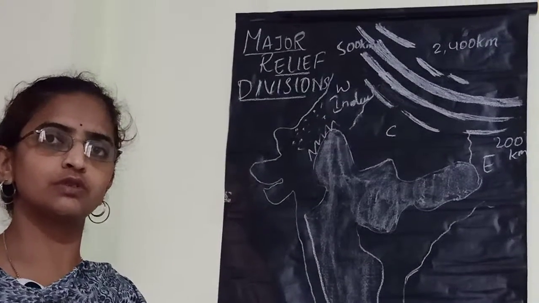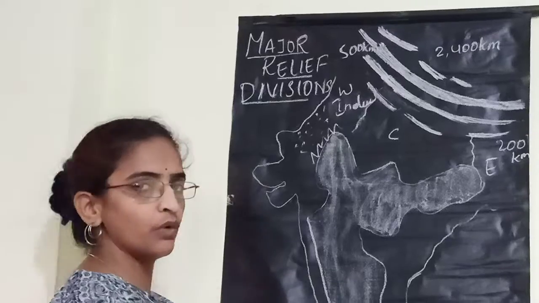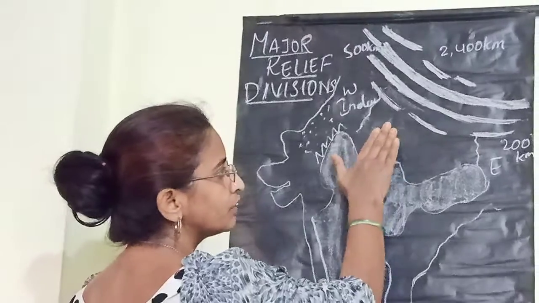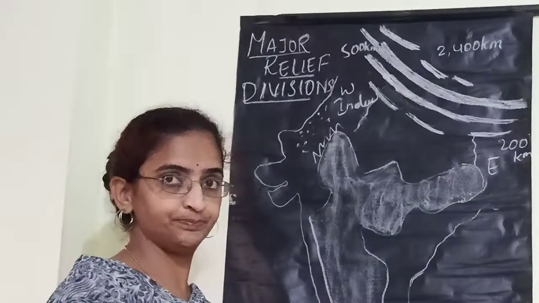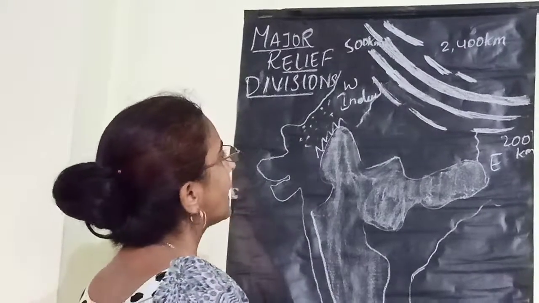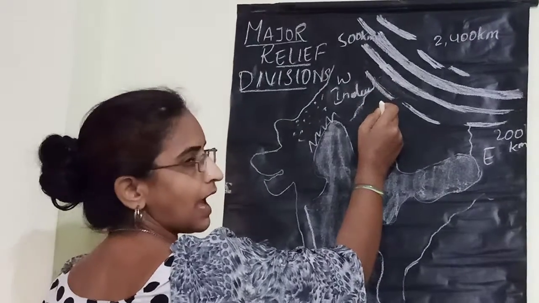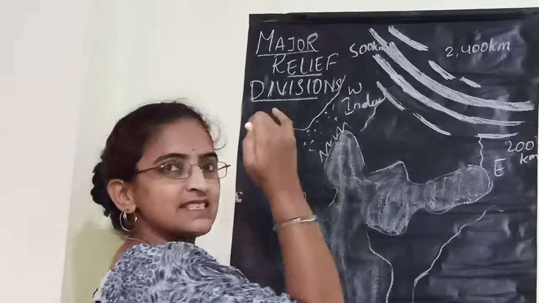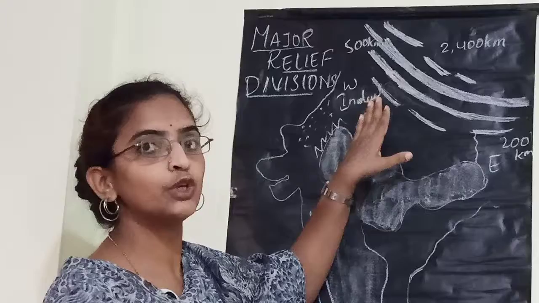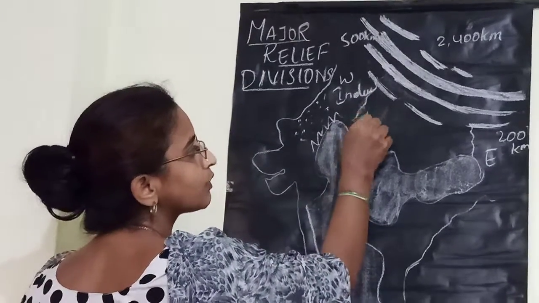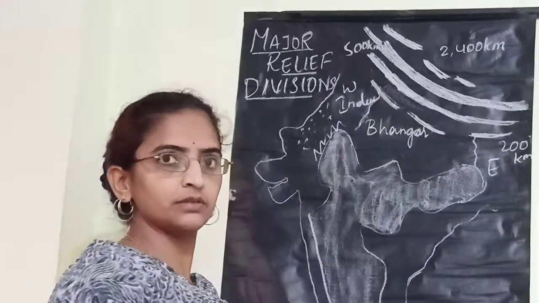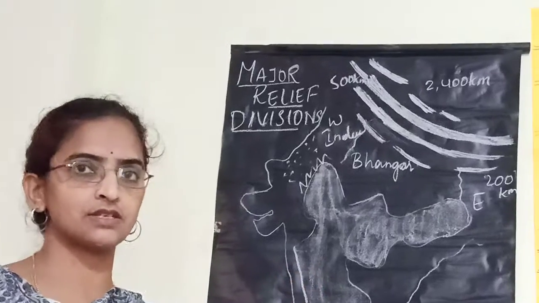Now I would like to say something more about the central Indo-Gangetic plain. Here the central part of the Indo-Gangetic plain, if you divide it based on the fertility of the land, can again be divided into 3 divisions. Okay, absolutely at the foot of Himalayas, the silt which has been deposited over there is in a pebble-like structure, and that part of the alluvial deposits is called Bhangar. What is it called? Bhangar. And this Bhangar deposit of alluvial part is in a pebble-like structure.